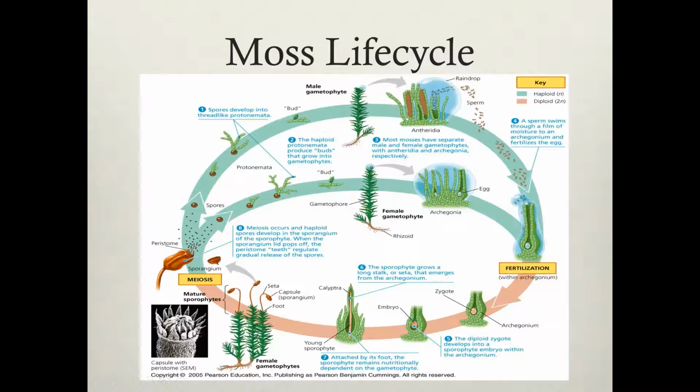With Funaria specifically, you have two different plants for male and female. You'll have a male gametophyte growing in one location, and you'll have a female gametophyte growing in another location. Again, both are haploid. On the male gametophyte, you're going to see antheridia, which is that tissue that is going to produce a sperm. So you have tissue somewhere on this gametophyte that's going to produce sperm. These sperm are flagellated and released into the environment during the wet season. On the female gametophyte, you're going to have archegonia at a certain location that's going to produce an egg. So archegonia is the tissue that is going to produce an egg,